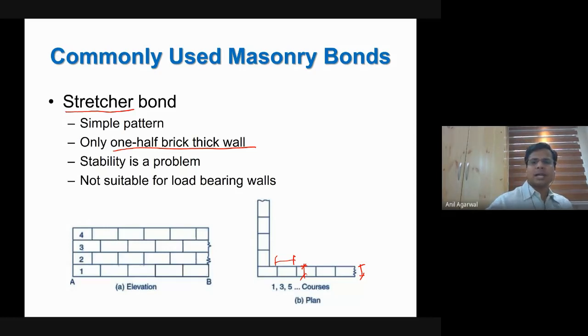Okay. What is happening here is, so in one layer, so here you can see in the elevation that when you look at the wall from front, you can see that this is the length of each brick, right? So only the length and the height face is visible. No other face is visible, and the wall looks exactly the same from the other side. Okay, this is the plan view of one layer. In the next layer, what will happen in the next layer? In the next layer, the bricks will be offset. So the next layer will be formed like this.